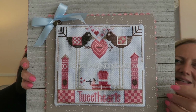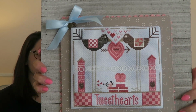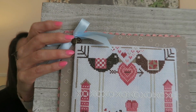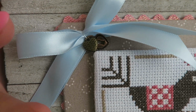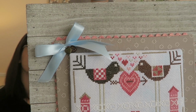And this was a board I had in my stash. So yay, in the stash. Everything here is in the stash. And this is tricky because I did it on the light blue to find something to coordinate. And then, do you see those adorable little heart charms that are in the same color palette? Can they see that? Yep. So I am very happy, and this hangs